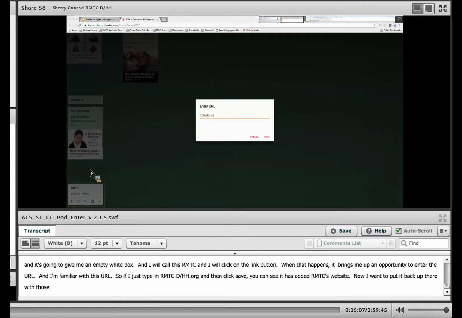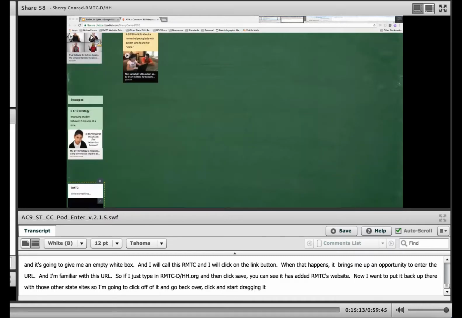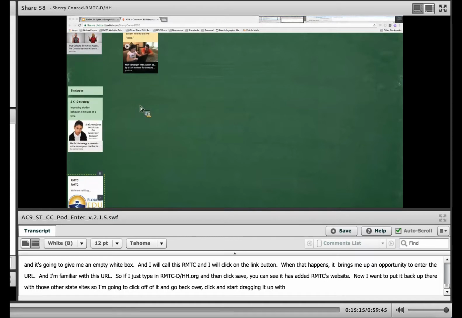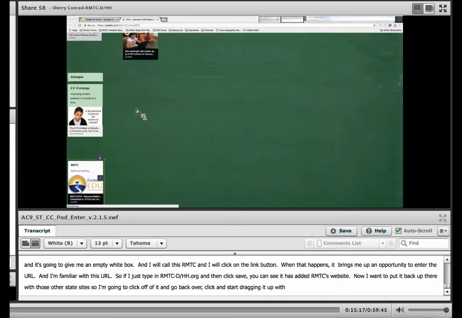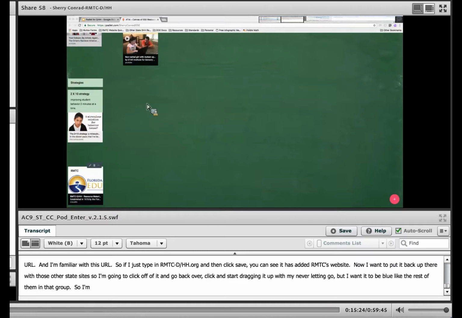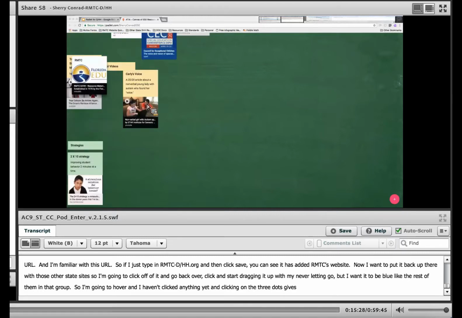Now, I want to put it back up there with those other state sites. So I'm going to click off of it, go back over, click, and start dragging it up, never letting go. But I want it to be blue, like the rest of them in that group. So I'm going to hover. I haven't clicked anything yet. Clicking on the 3 dots gives me the opportunity